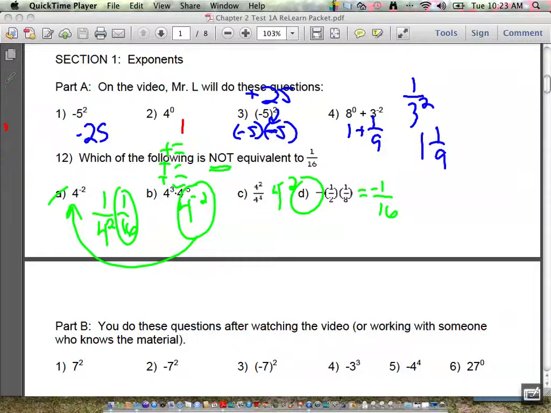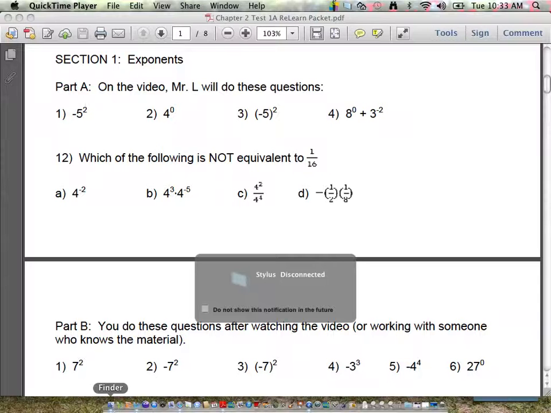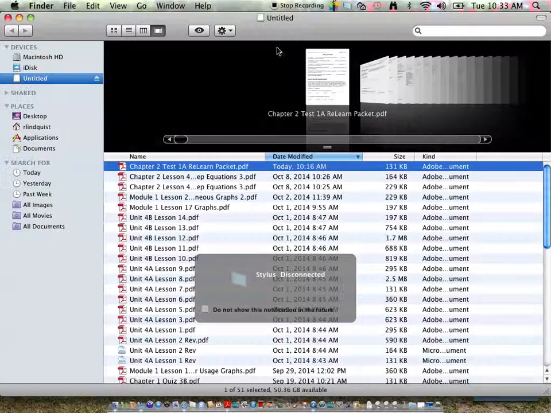Okay? All right, so what we've done is we've gone over what the common mistakes were in the first section of the test. Hopefully, we don't end up repeating any of those mistakes. And those of you who need to do these relearn packets, either because you want a higher grade or because you got below a 75, then you can get that done, and they're going to be due. You know, I didn't tell you to do